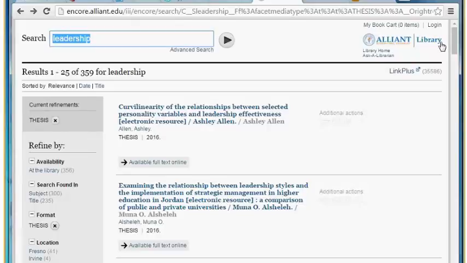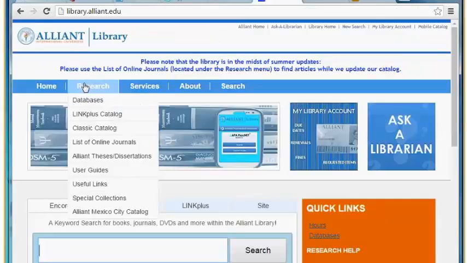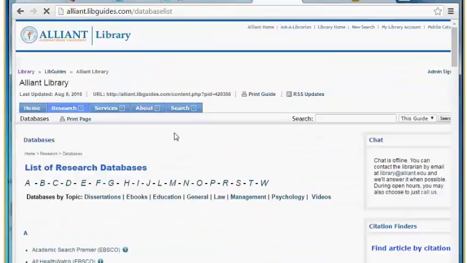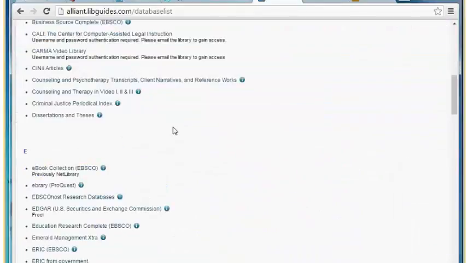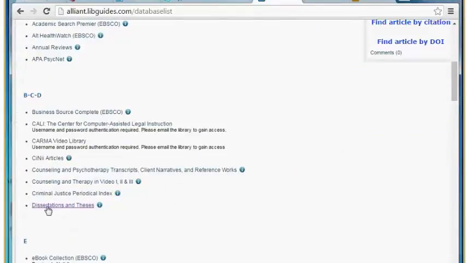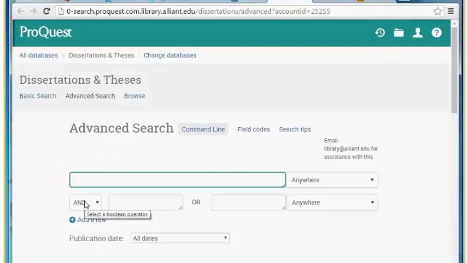So I'm going to go to Research Databases. And under the D section, Dissertations and Theses, this is like going in the front door to the ProQuest system. And here, when you do a search, you're searching institutions all over North America. So if I search leadership here,